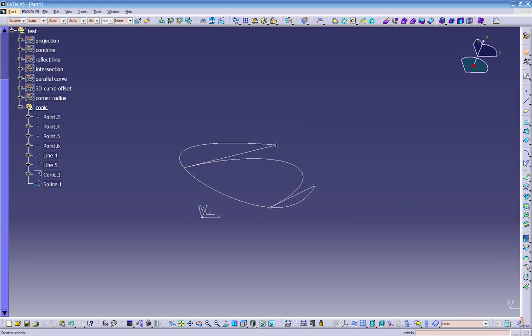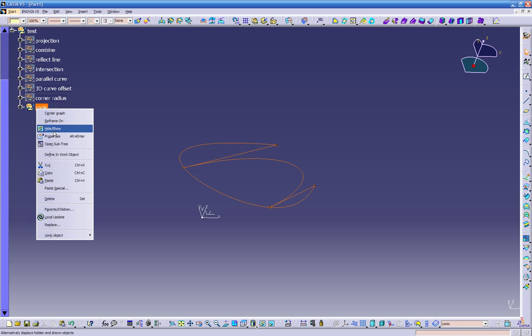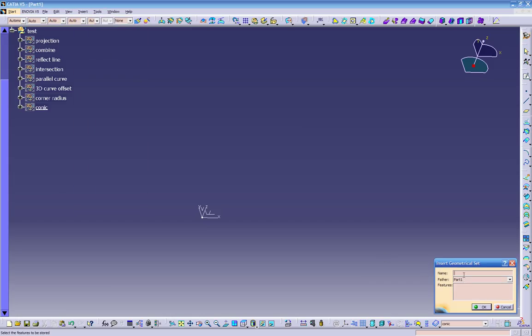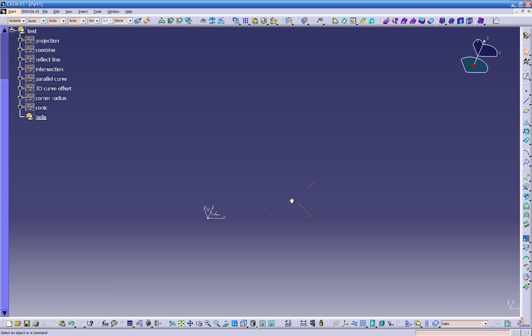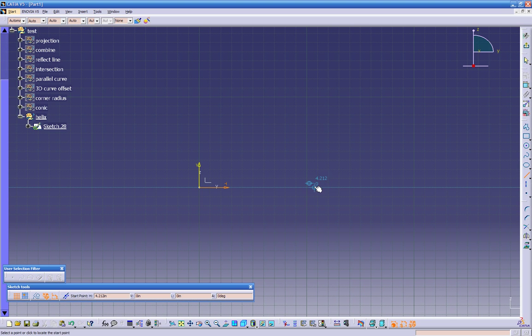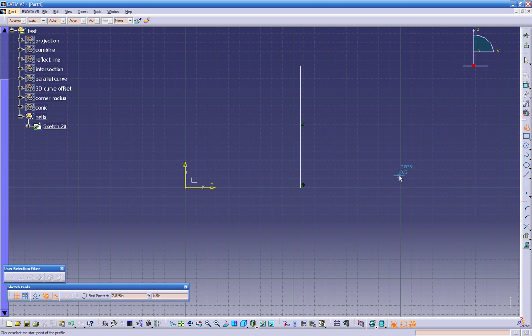Next is our helix. Okay, so let's pull up helix. Is going to be our next option. So let's turn this off. Let's insert another geometrical set. Helix. Let's insert it into our test. Let's make another sketch on the ZY plane. I'm going to create a line. Then I'm going to create a